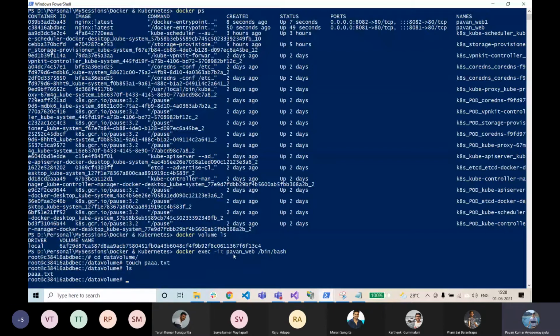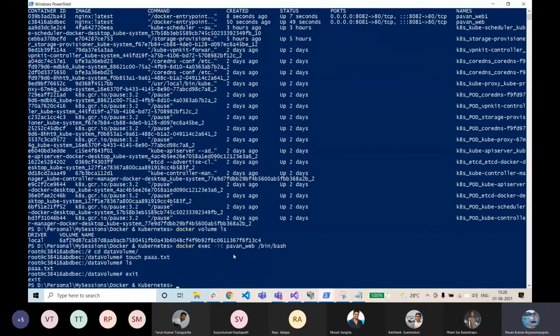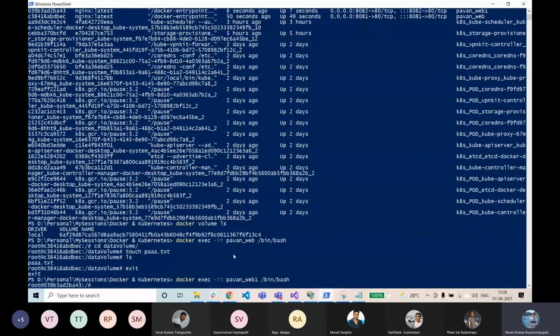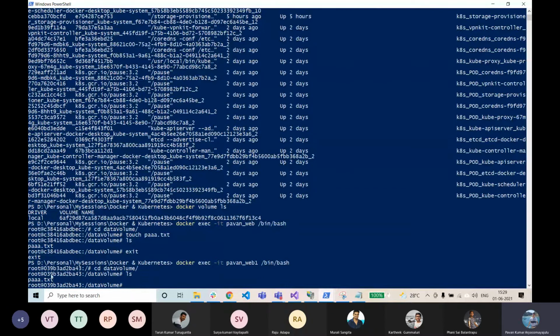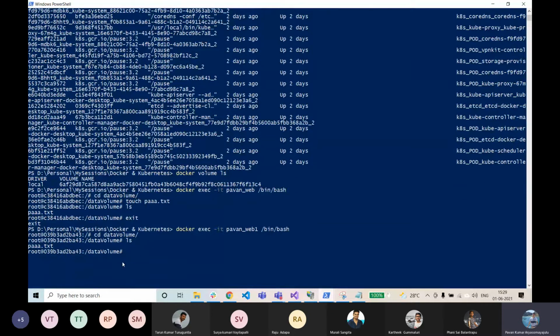So I created this PAA.text. Okay, I'm just exiting from this container. So let me get inside the other container and see if the file is actually present. So cd data volume. I can see this file in the other container also, PAA.text.